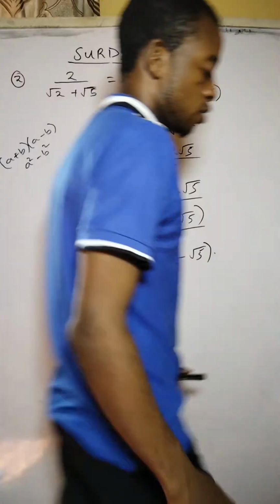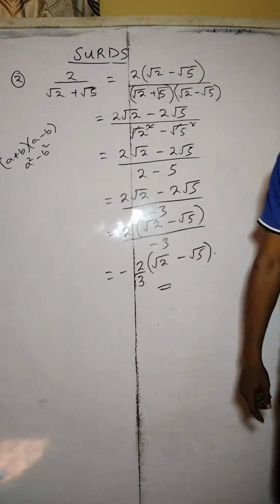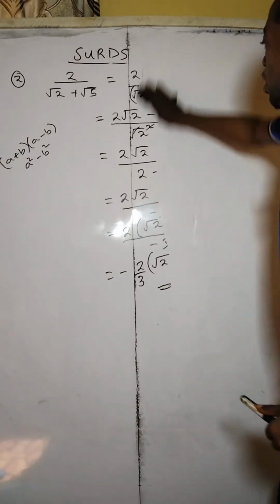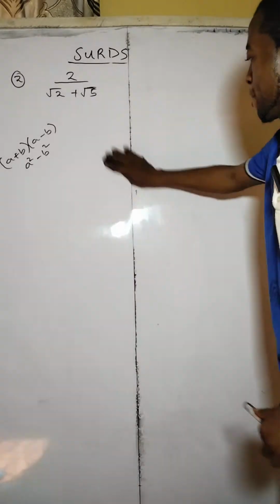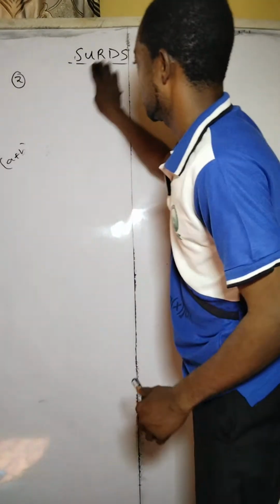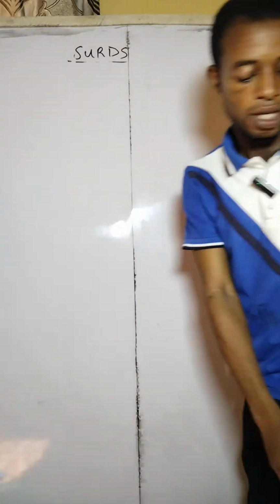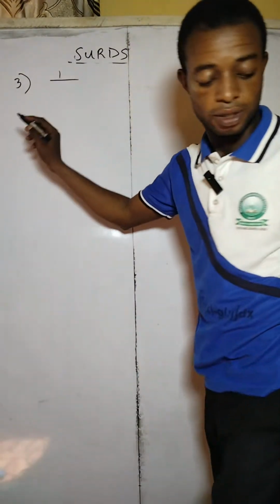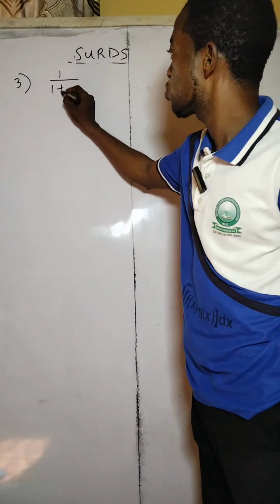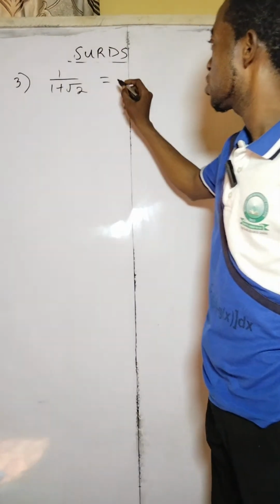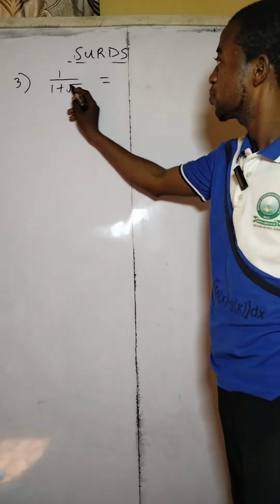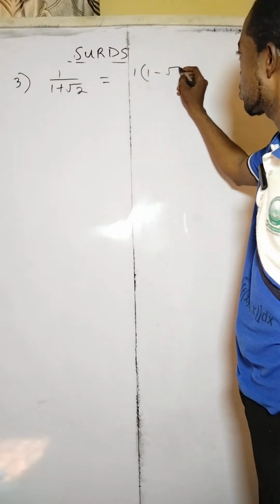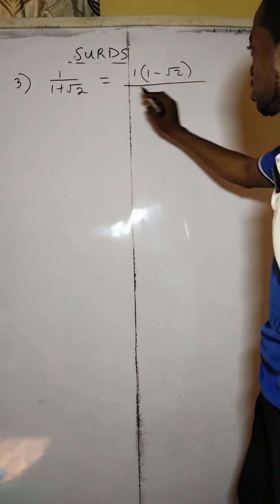Now, we are still solving problems on surds. Let's see the next question here as number 3. The number 3 here, we are also simplifying. We have 1 over 1 plus root 2. Now, this also, when we simplify, we rationalize here and we multiply by the conjugate here. So 1 times the conjugate of there is 1 minus root 2, then divided by, now multiply this also by